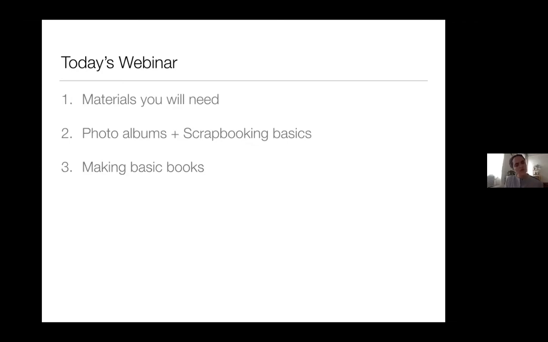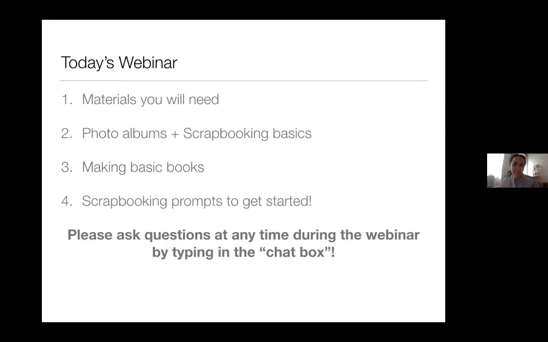I'm not sure if you get it before or after, but in your PDF, there's just some basic DIY steps to make some little booklets that then you can fill in with your child. And we're going to do some scrapbooking prompts for you to get started with, to get going with this art making.